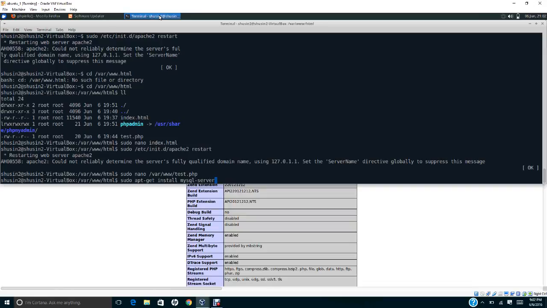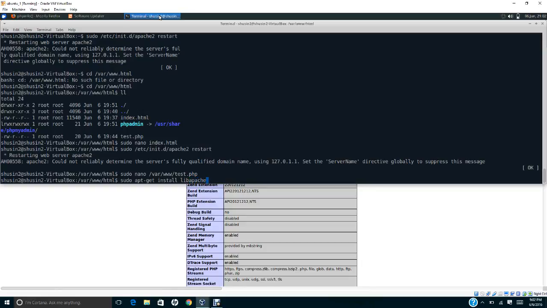Again, I have installed this program in my Ubuntu, so I just want to show it to you. After you finish installing, then you need to install the PHP admin tools. Okay, so how do you install the PHP admin tools? You need to run this command. After you complete installing MySQL, you need to install phpMyAdmin. How do you do that? You go to sudo apt-get install